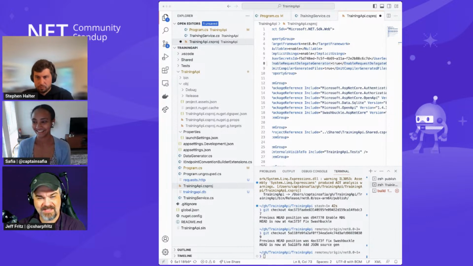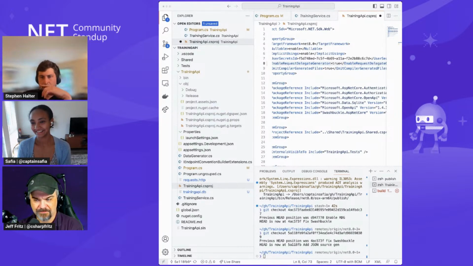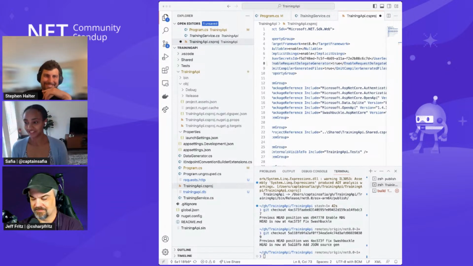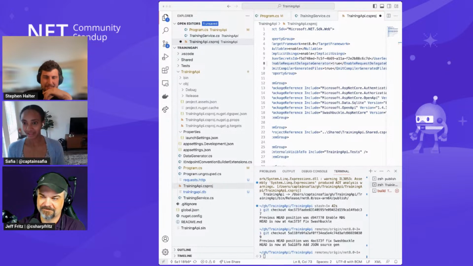Rizwan on YouTube asks, are generics supported? No, that is another one of the kind of limitations. I assume you're talking about the compile time based RDG approach. So yes, that is another. Depends on what you mean, right? Because the request or map identity API uses it, and it has a generic parameter, but you have to kind of do workarounds. Yes, it's not directly supported.